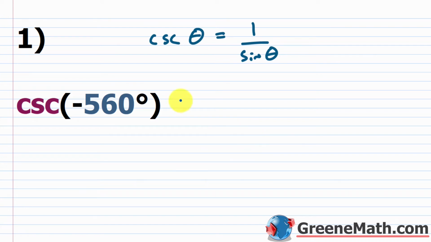And for this one, I would say this is equal to 1 over your sine of negative 560 degrees like this. So I would start by just hitting the 1 on the calculator, the divided by key, then the sine key, and then basically you have parentheses that open up. Just type in negative 560. You don't need the degree symbol. Your degree mode should be on. You can check that really quickly by doing sine of 90 and you get 1, so you know you're in degree mode. So once you've typed that in, just close the parentheses, or sometimes it does it for you, and just hit enter. So this is going to give us approximately here